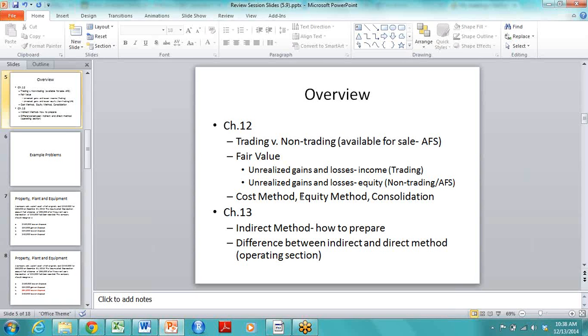Let me see what else. You don't need to know, like I said, under consolidation, any of the journal entries for consolidation. The only thing you need to know for consolidation for purposes of the exam is that any investment greater than 50%, so 51% or greater, would need to be consolidated into your own financial results, and that's all you need to know. If you continue on with accounting, you will need to know how to do consolidation